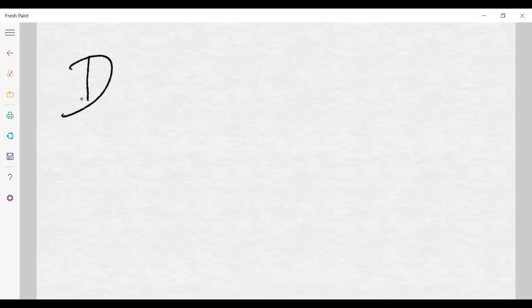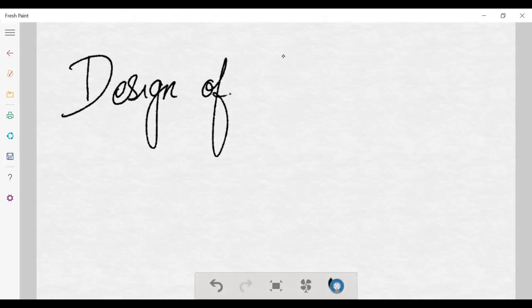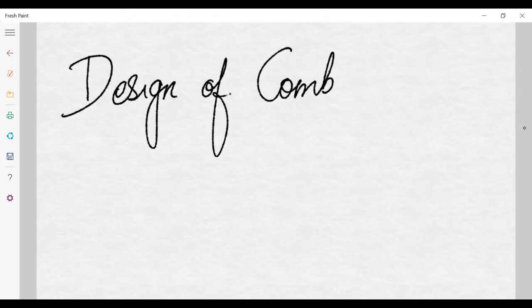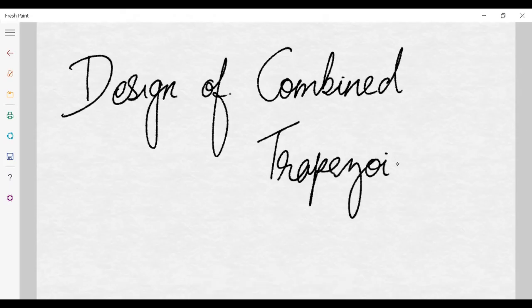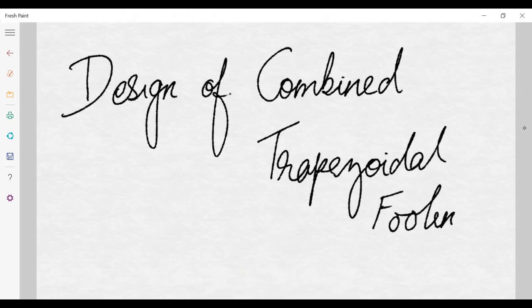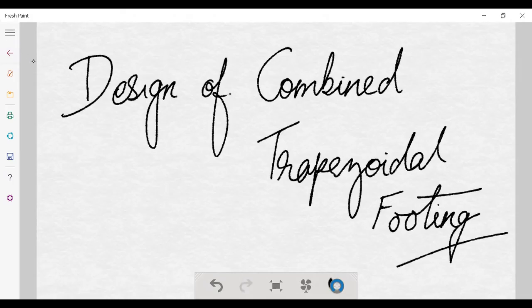So I'm just going to write down the topic name: design of combined trapezoidal footing. What I will do is take up one numerical problem, and as we progress with the steps of the numerical,